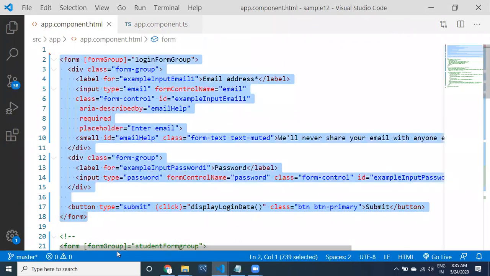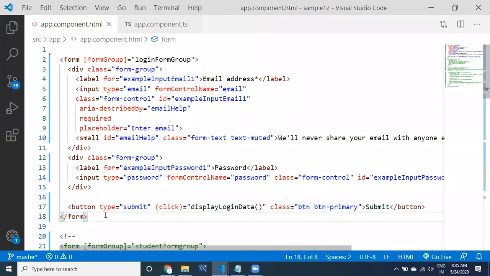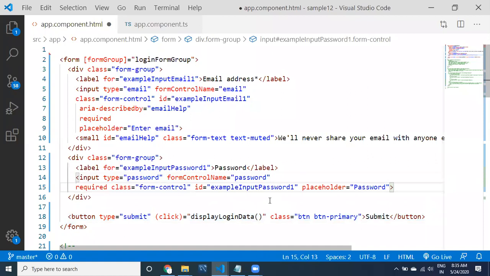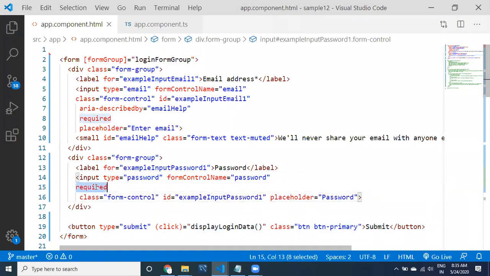Using this particular form group object, I want to apply something like required. So required here, and this is also going to be required. This text box is also required, meaning the user has to provide values definitely.